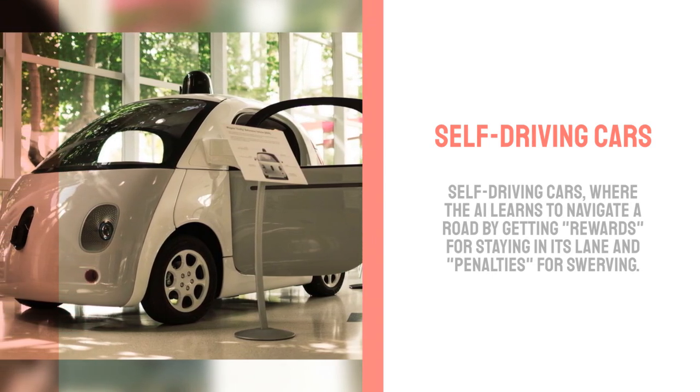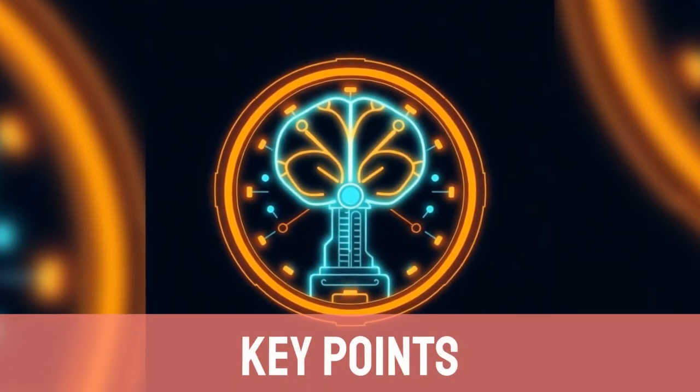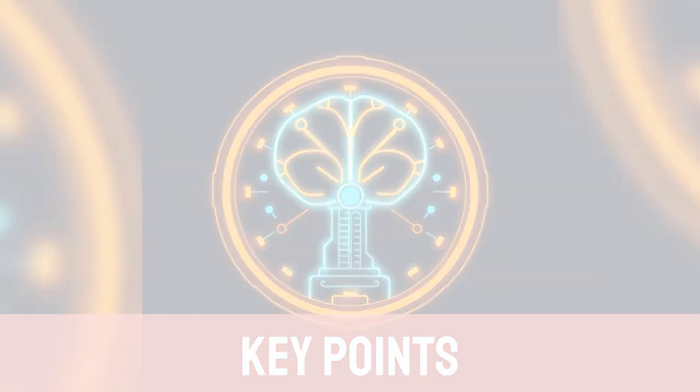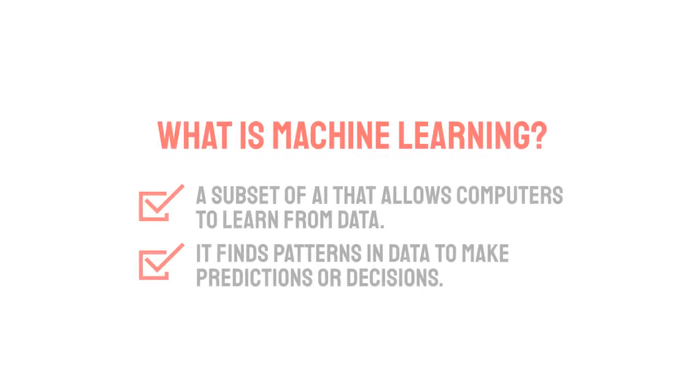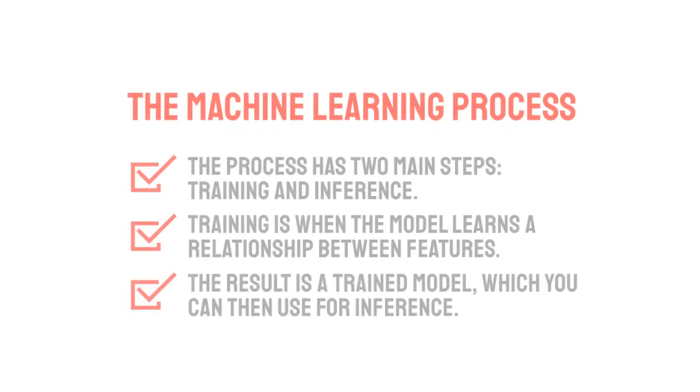for swerving. To recap, machine learning is a subset of AI that allows computers to learn from data instead of being explicitly programmed. It finds patterns in data to make predictions or decisions, and it improves on its own over time. The process has two main steps: training and inference. Training is when the model learns a relationship between features, the facts, and labels, the correct answers in your data. The result of this process is a trained model, which you can then use for inference, making predictions on new